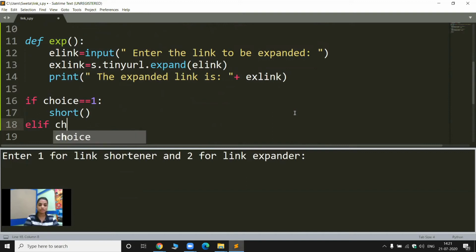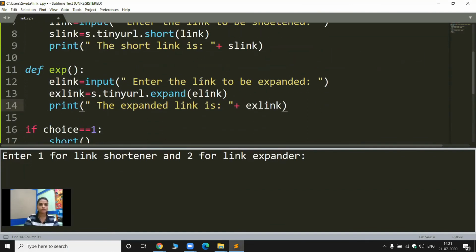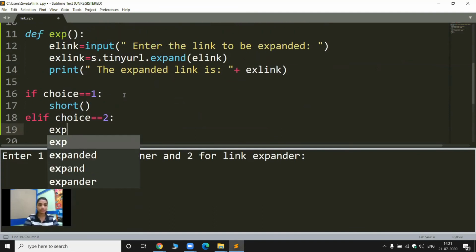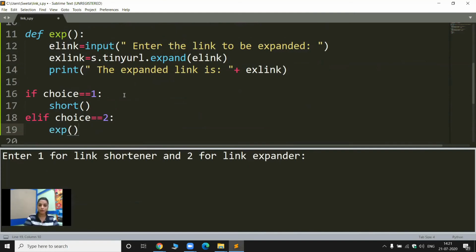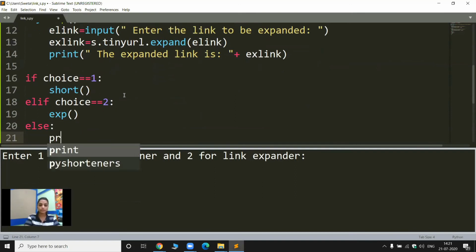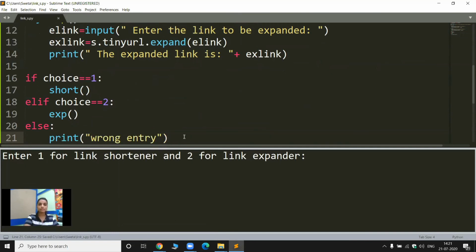Elif choice equals 2, which is for link expander, then I'm going to execute exp. And if the entry is anything other than 1 or 2, I'm going to print wrong entry. Let's just save it.